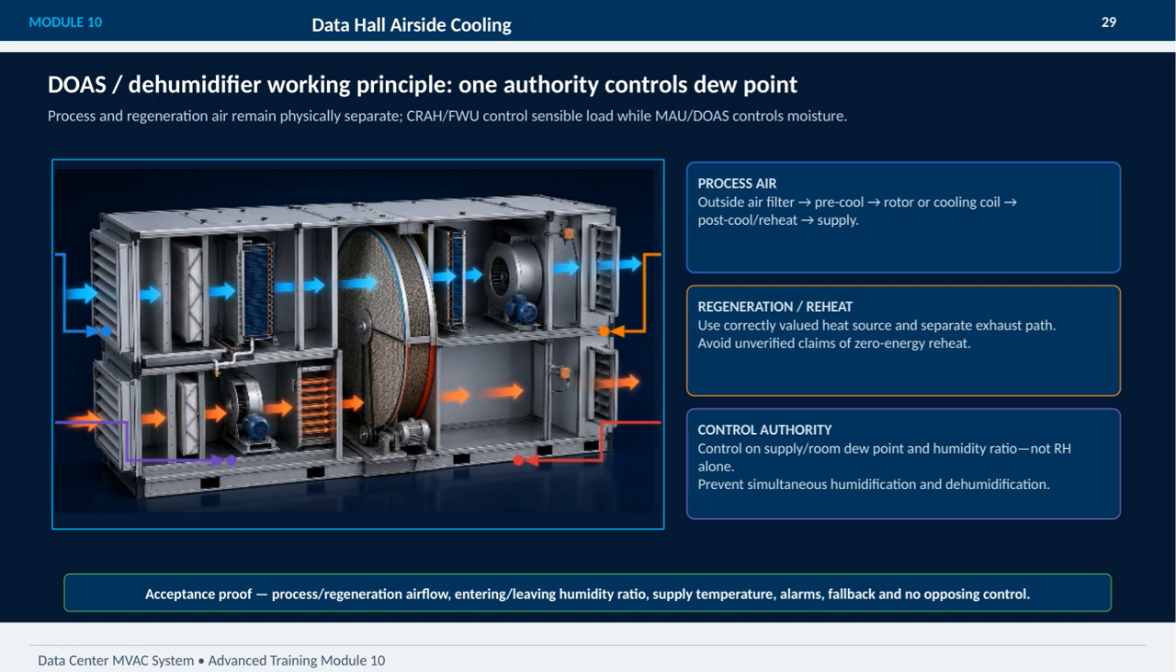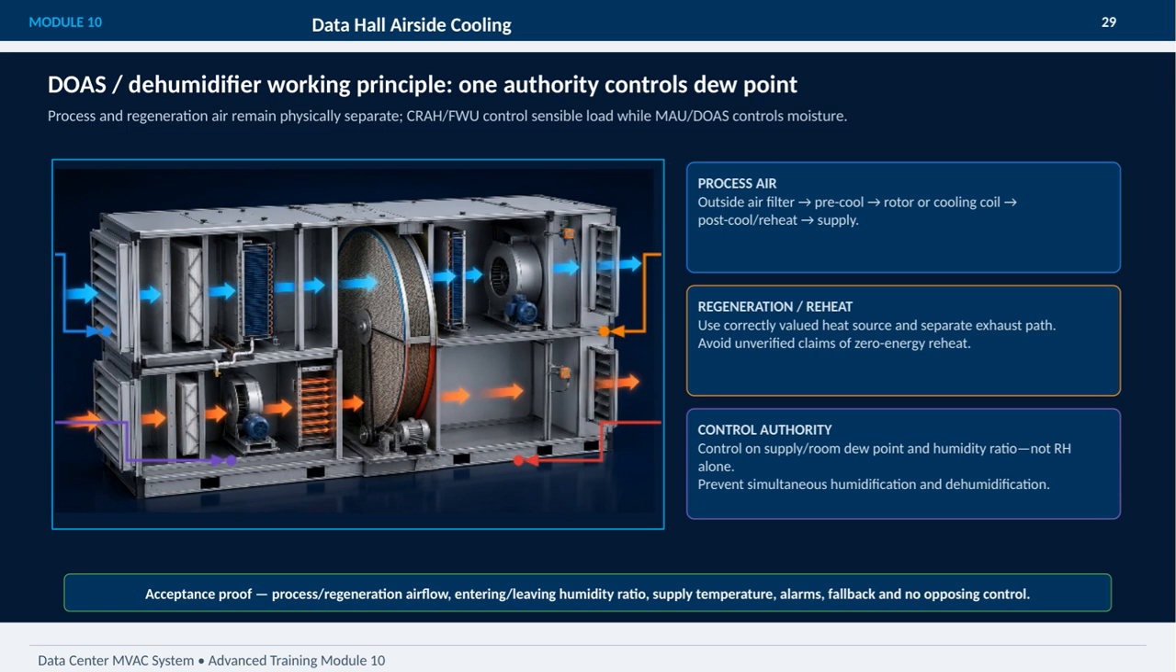On the regeneration side, it's crucial to use an appropriately valued heat source and maintain a separate exhaust path, steering clear of unverified claims, like zero-energy reheat. Control is based on supply or room dew point and humidity ratio, not just relative humidity, to avoid conflicting operations like simultaneous humidification and dehumidification. Finally, acceptance proof involves verifying airflow, humidity ratios at entry and exit, supply temperature, alarms, fallback procedures, and ensuring no